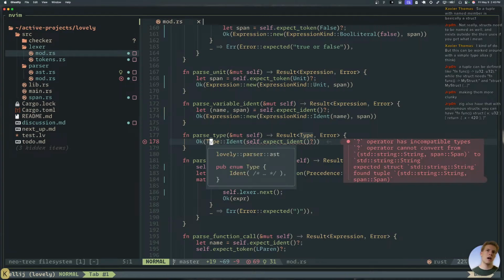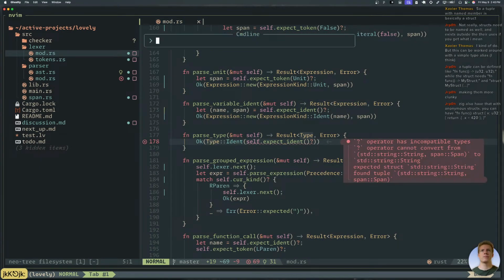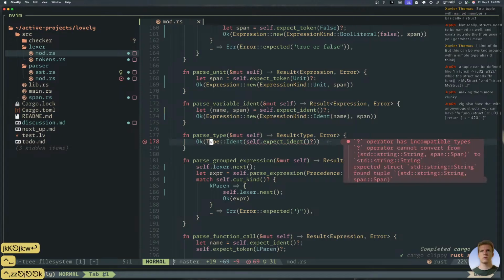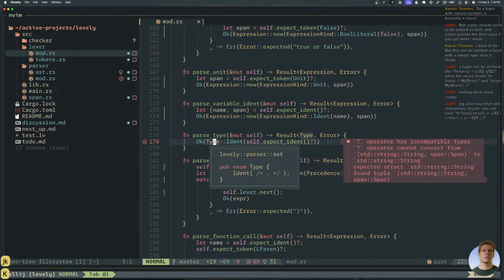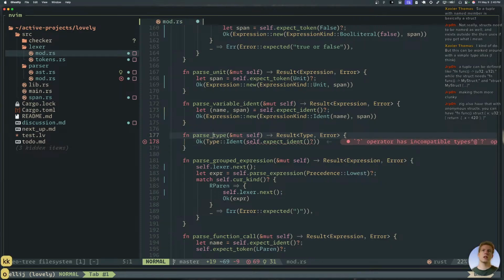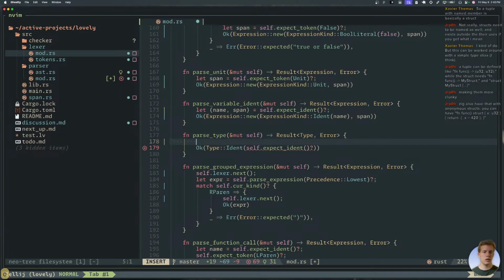Types don't have spans, but they should. Well, let's just not do that yet because we don't have a need for it yet.